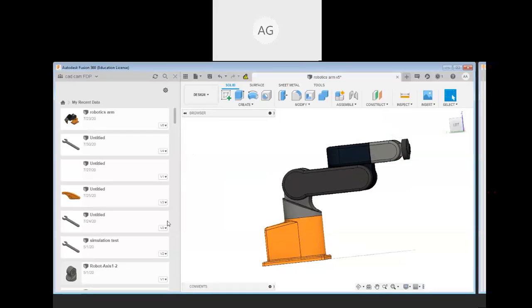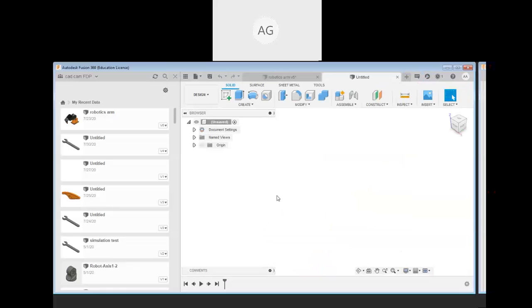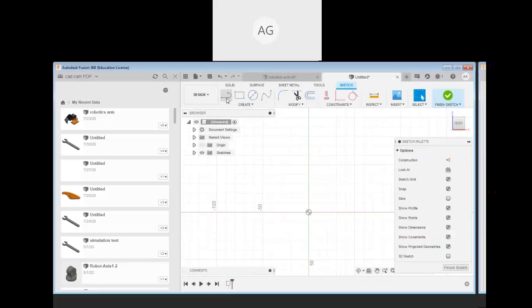In manufacturing, we have to go to the manufacturing tool and see which part we are going to manufacture. When we are going to make any assembly, we have to manufacture it individually. So I'm going to open a new project over here and make some kind of shape to do the designing. Select any plane, and after that you can make any kind of circle or rectangular part. There is an option of rectangular.